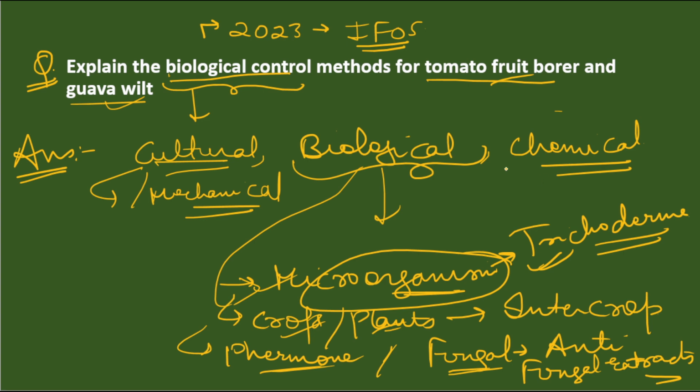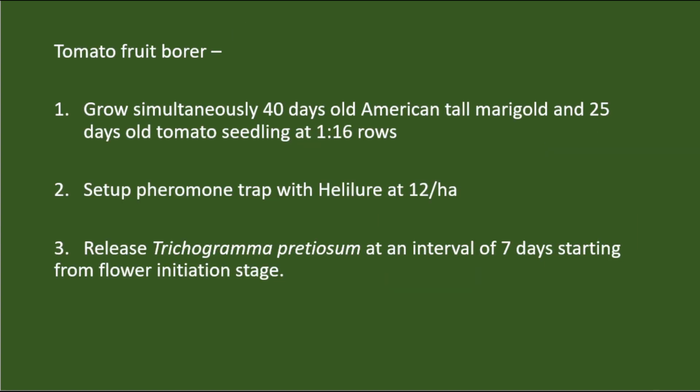Now let's move to the answer, that is biological control methods for tomato fruit borer and guava wilt. So first of all we will see the biological control method of tomato fruit borer. So first of all here we can intercrop with marigold. So what we will do, grow